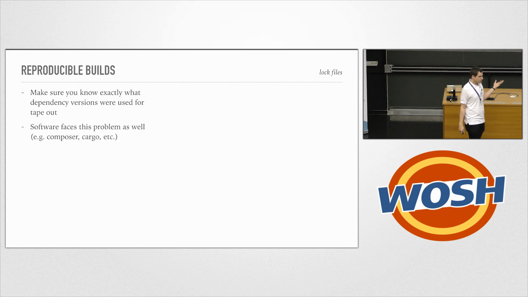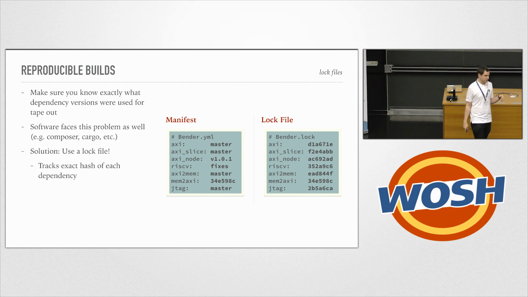But software actually faces this problem as well. There are projects like Composer or Cargo, which have this problem too. They want to keep a manifest of what went into a build to be reproducible. And the solution they adopt is lock files. Basically, a lock file is just a copy of the manifest. The manifest is the file that you write with the information on the IP and all the dependencies, etc. It's a copy of this file with all the dependencies locked to a very specific hash of the IP and the content,